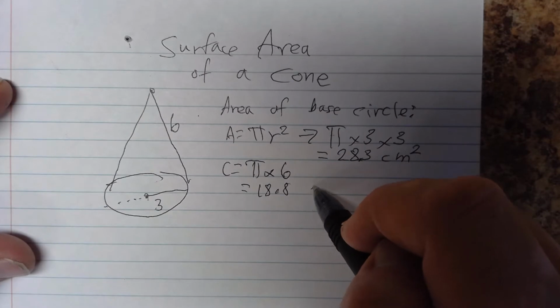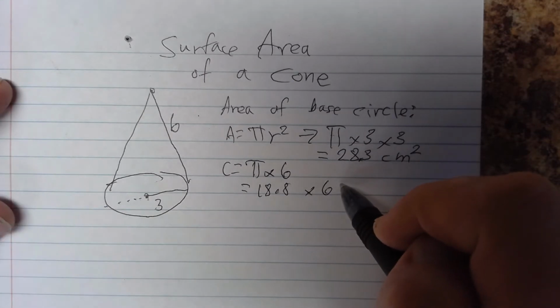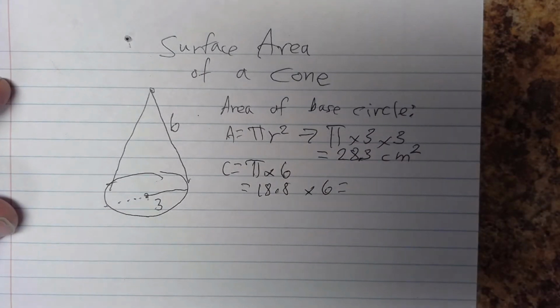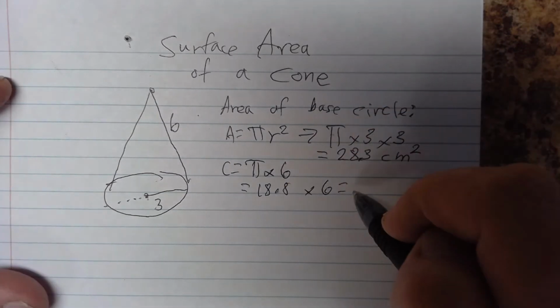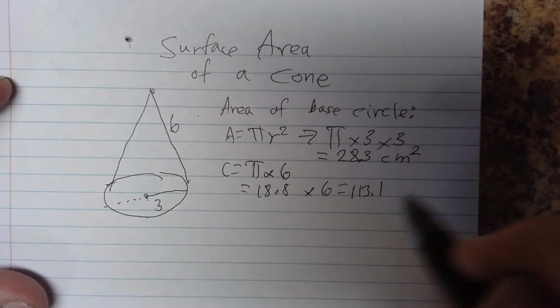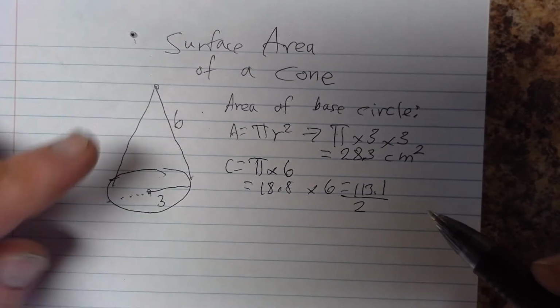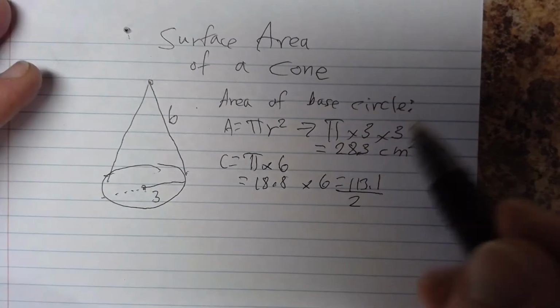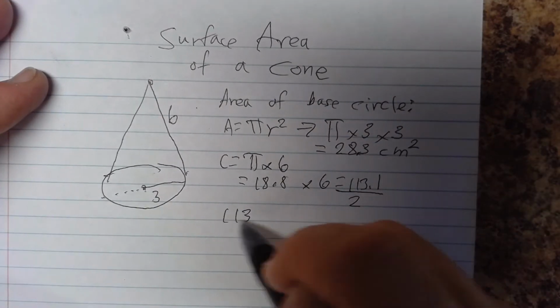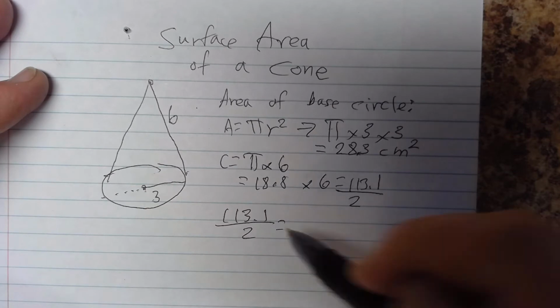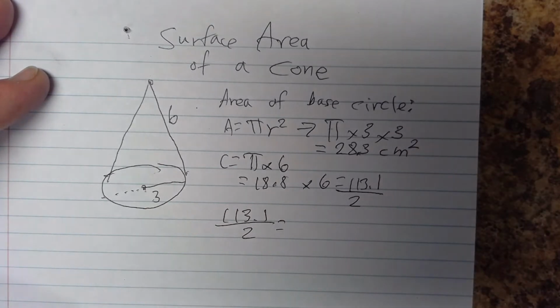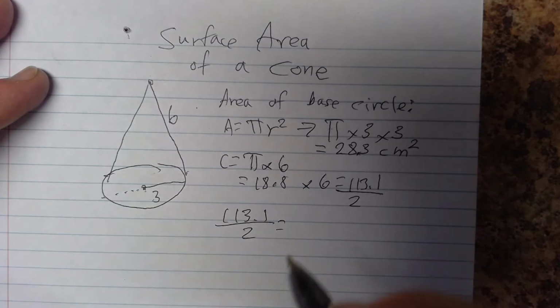times 6, because that's the slant height, 113.1, divide by 2, because you're going up to a peak, so it's not like a regular cylinder. 56.5